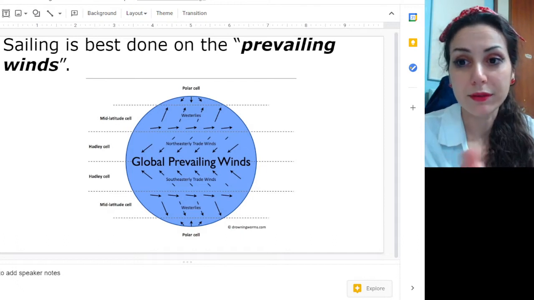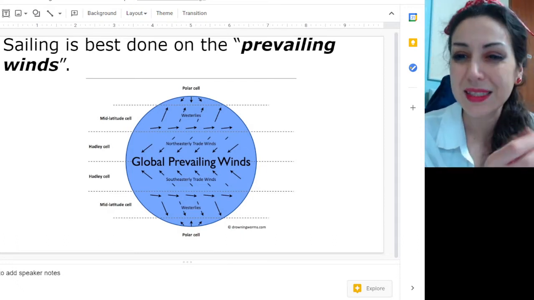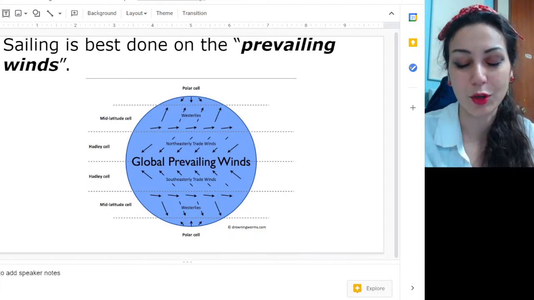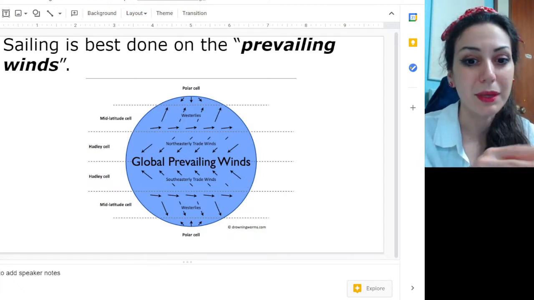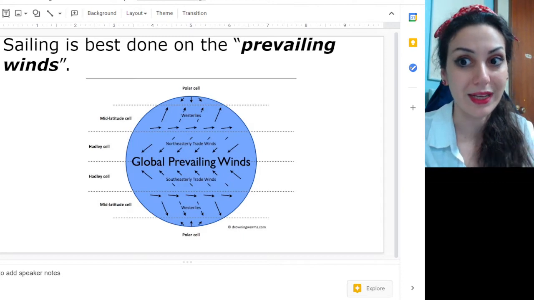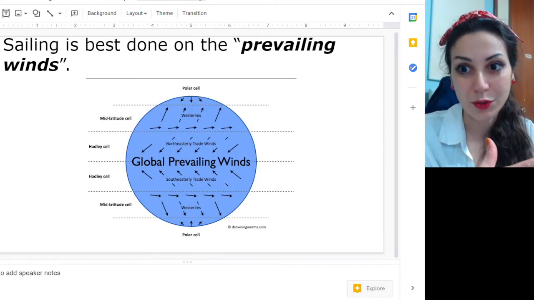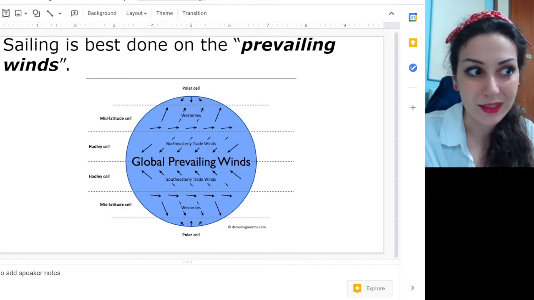So you'd rather ride along or sail along these things called prevailing winds, and really you're probably going to care more about this for a history class, because things like the trade winds are named because of trade. So that's really how you'd care about that, or if you do any sailing. Otherwise,